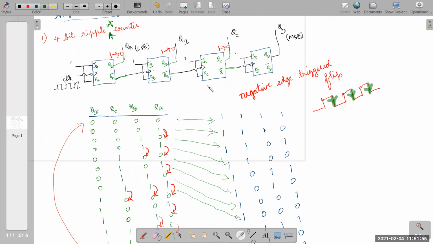Right. This you have to remember. Okay, I'm not going to draw it again. Right. So this is your 4-bit down counter circuit. This is the table for that. Fine. Next, we are going for mod counter.